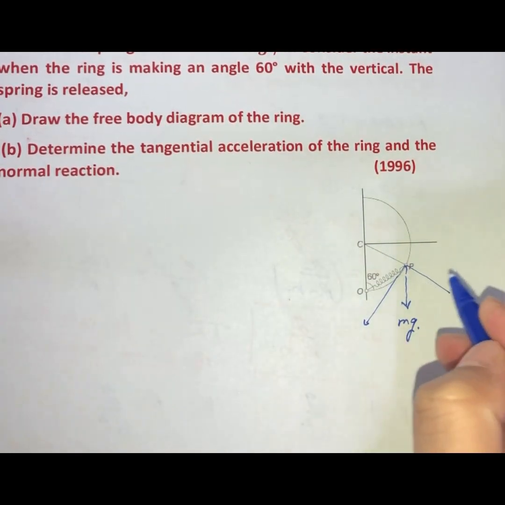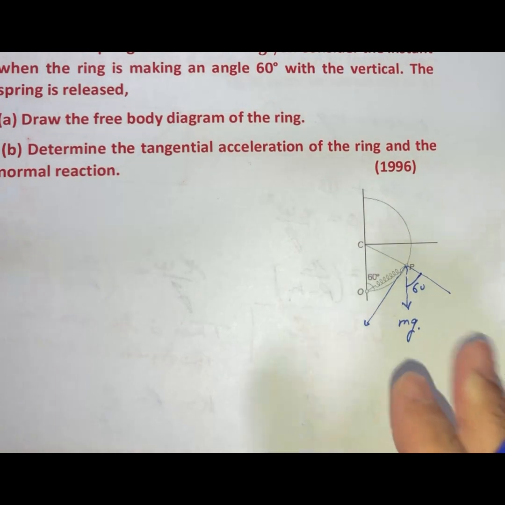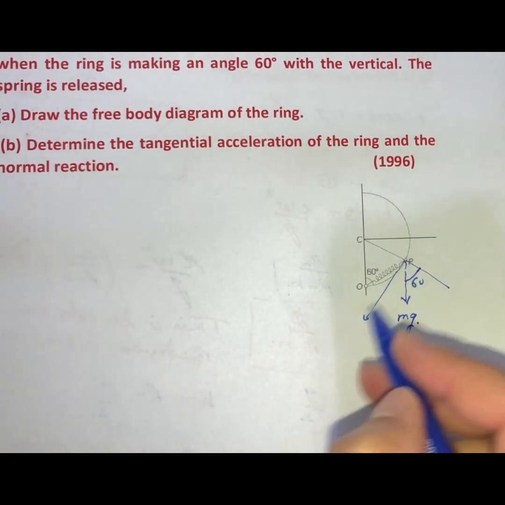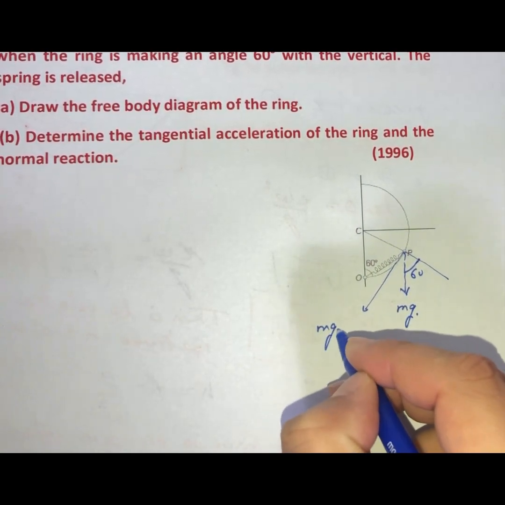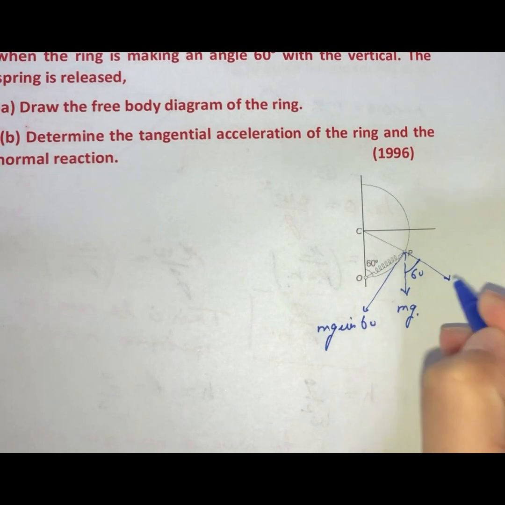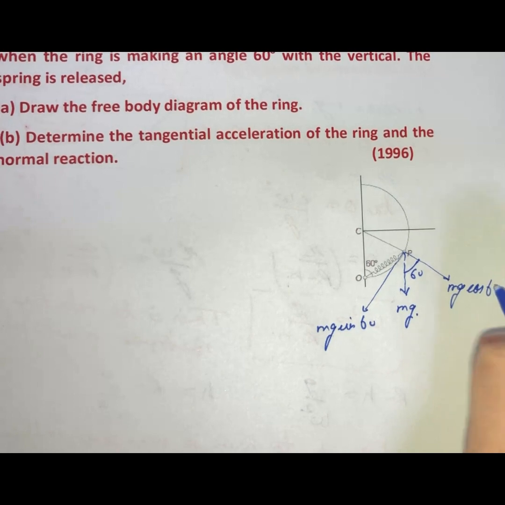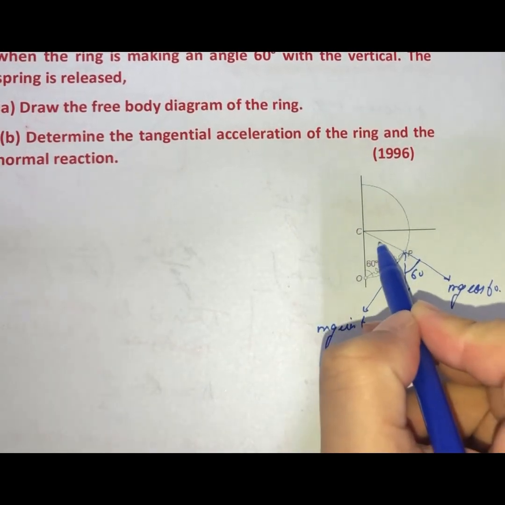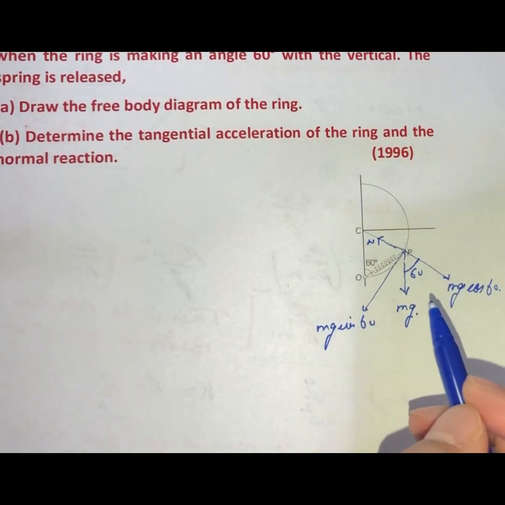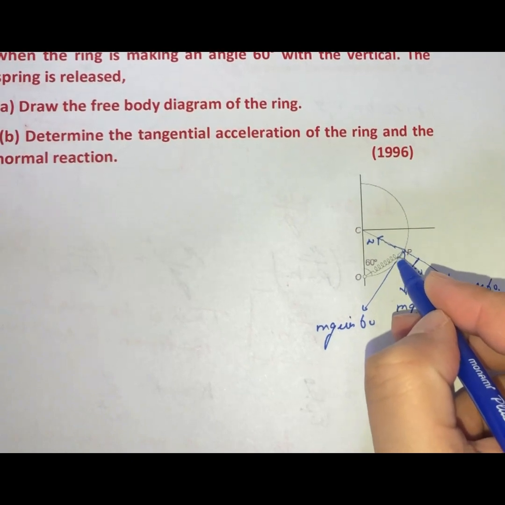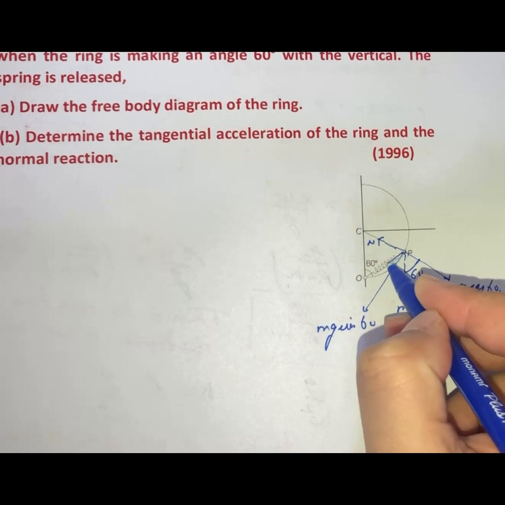This will be our 60 degree, and so we are going to get this as mg sine of 60, and this we will be getting as mg cos of 60, and there will be normal along this line, and there is a spring force kx which will be acting along this,